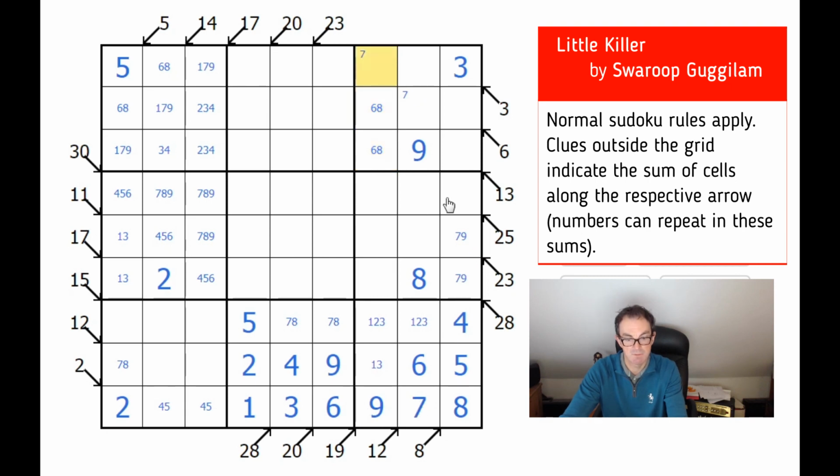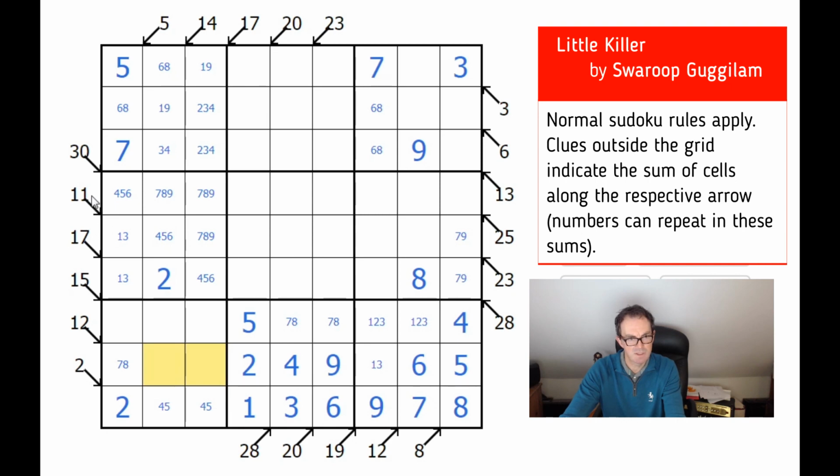Seven, that must be a 7, look. It's not a 7, therefore. That's not a 9. There's a 1, 3 pair here, so that one is a 7. 1, 3, 6, 8, 6. 1, 3, 7, 8. I feel like I can do more here using